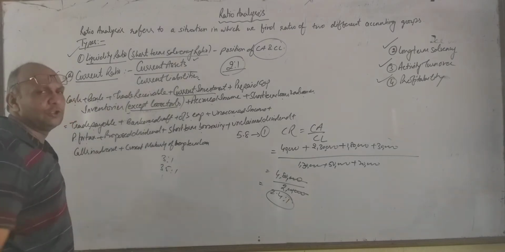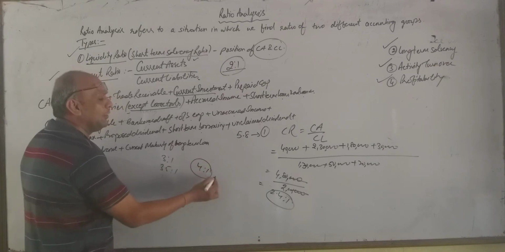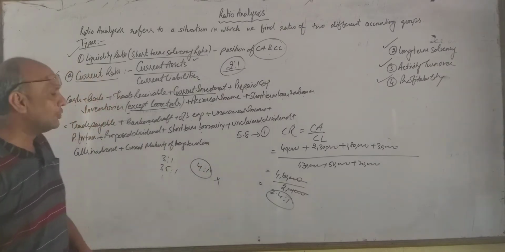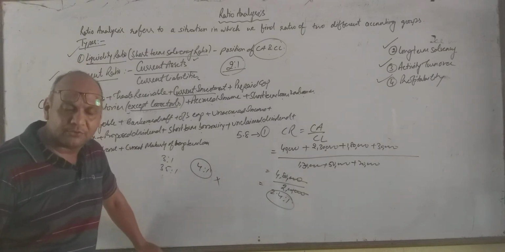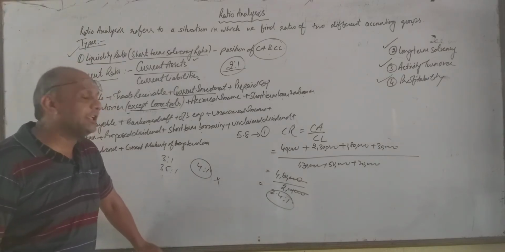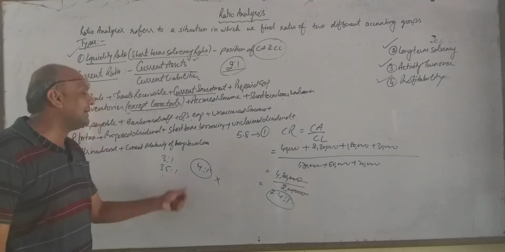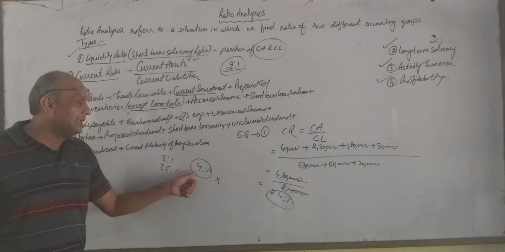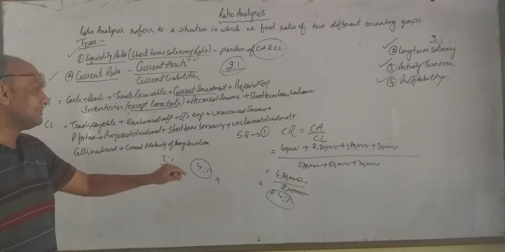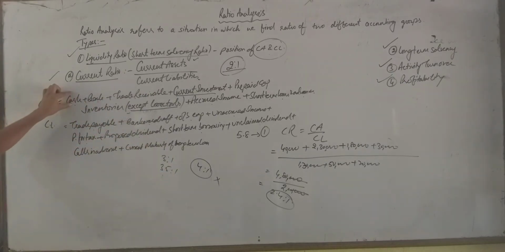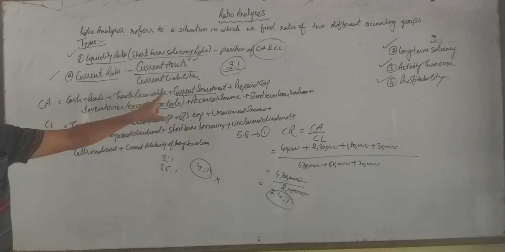Though a higher ratio is better, an excess ratio is also not good for the management. Suppose we say 4:1. Though current assets are 4, meaning we have a good amount of current assets with us, it means management policy is not good. Management is not governing its current assets nicely. Here, more current assets means we have more cash, bank, trade receivables. In business, the main current assets are cash, bank, trade receivables and inventory.